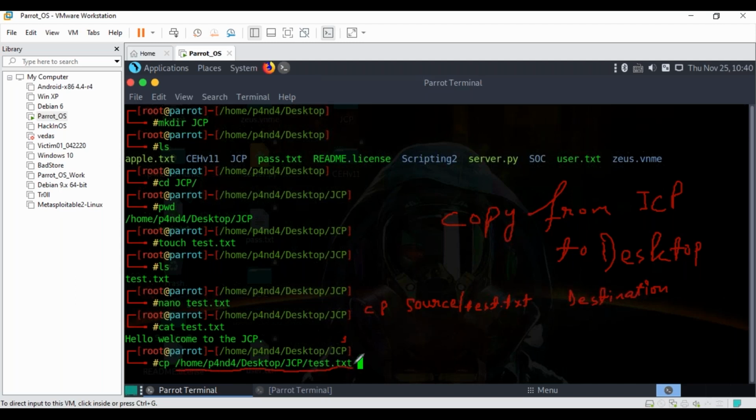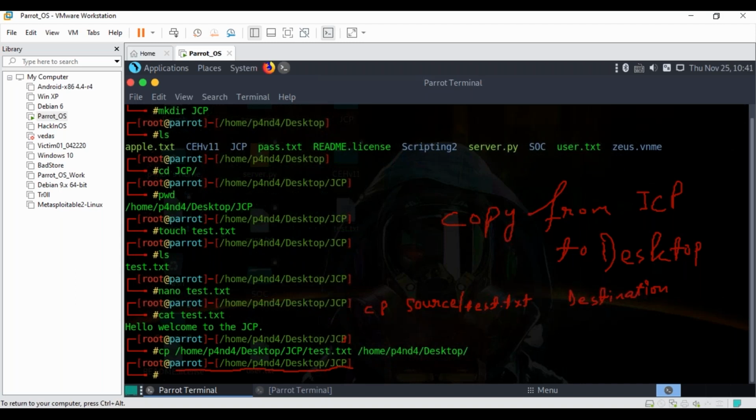And next, for the destination path, I can do the same: slash home, slash P4 and D4, slash desktop. Correct? And if I hit enter now,